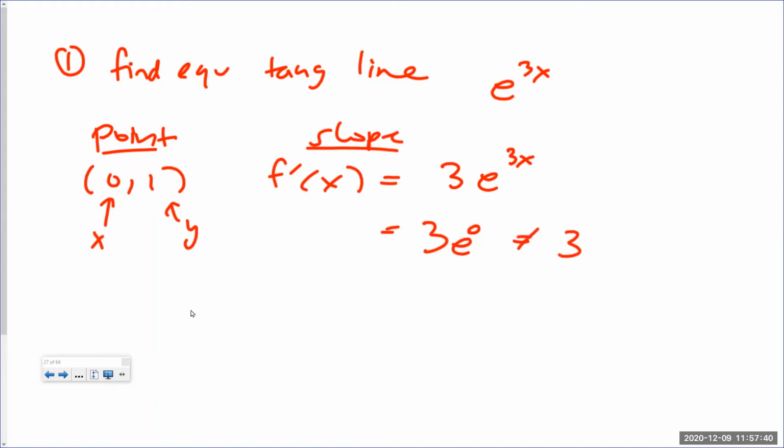Okay, and so guys, you do it. Write the equation of a tangent line. See if you can do it. You've got all numbers now. You just need to plug it in. So it'll be y minus y1 is equal to the slope, should be all numbers, times x minus x1. This is a great answer, but if it were a multiple choice, it's more likely that you'll have this